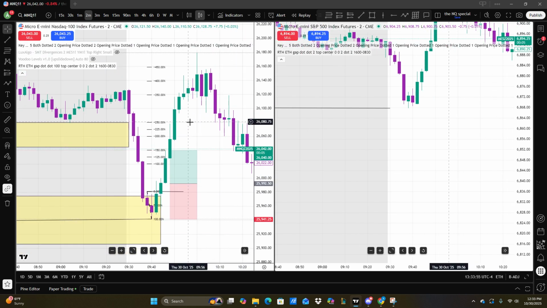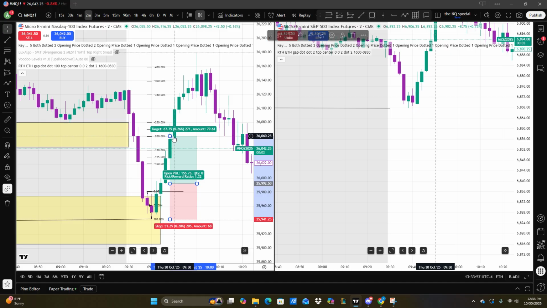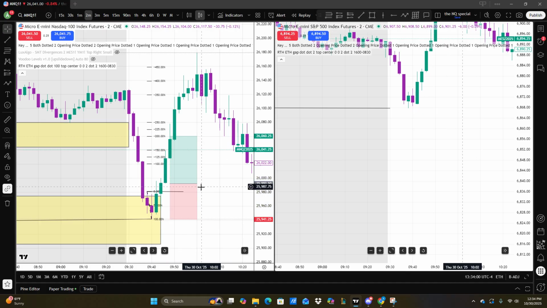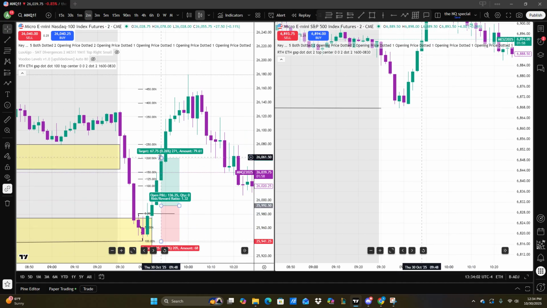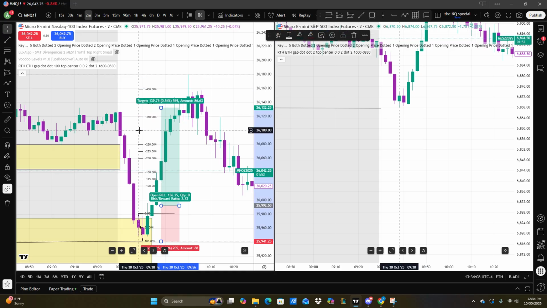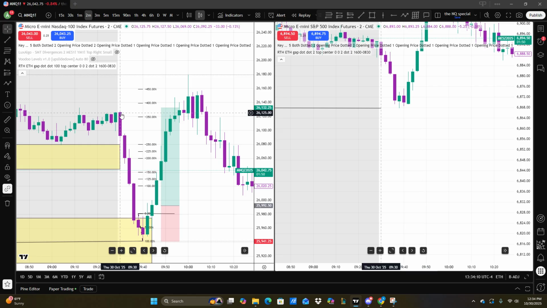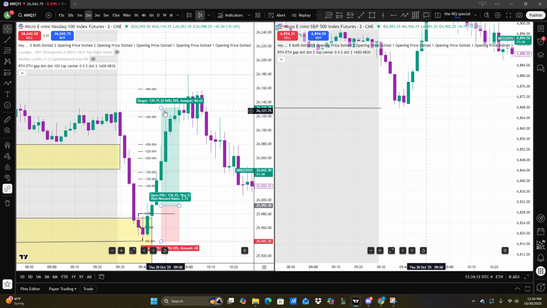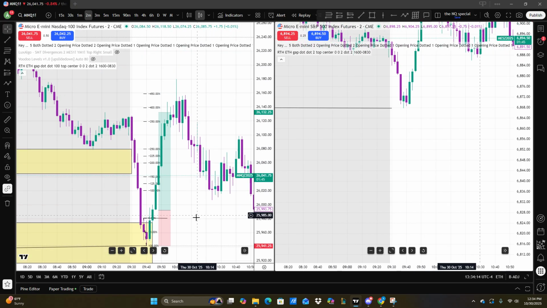Now, where are my TPs at? Well, my first TP is going to be at the 2, right? And then my second TP is going to be at the 3.5 to 4. And you can look at the 3.5 to 4. It's like, oh, I have this high right here, I have this high here, I have this high here. I'm going to take it to this high. Now,